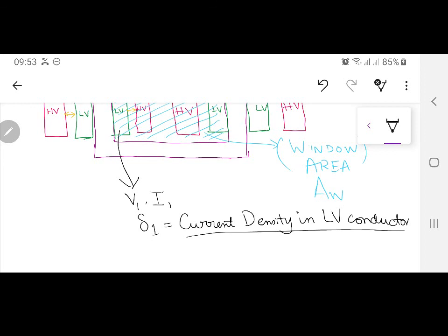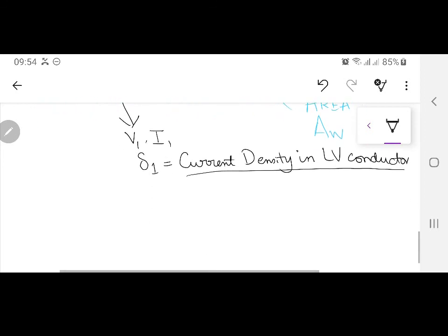And if you have forced cooling, in which there is a pump that is pushing the oil inside the windings or in the spacing between the windings, this means it can be cooled down more effectively. So you can have more current flowing through it. In that case, it is approximately 6 plus even. Okay? So the current density, that is delta 1 over here, and based on this delta 1, you can find out small a1, which will be equal to I1 divided by delta 1.